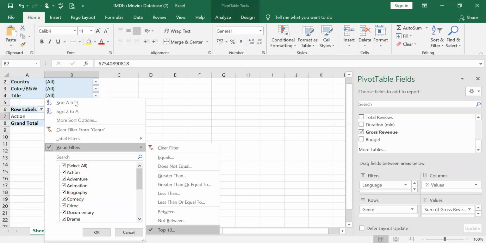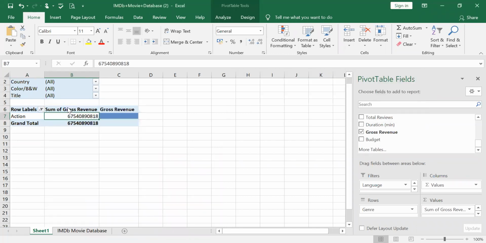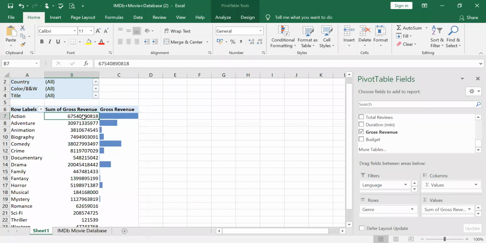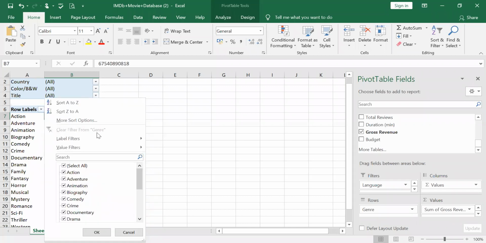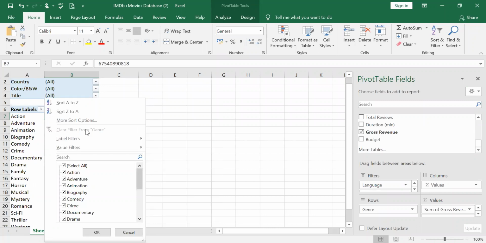Now let us not go by that. So what I do is clear the filter here. You can clear the filter genre wise. See, with filtering, you can clear all the filters here. So clear filter from genre. Whatever filter you select, you can clear. If you do not want to use it, if you just want to go back, you can clear all the filters that you have given for a particular item, right?